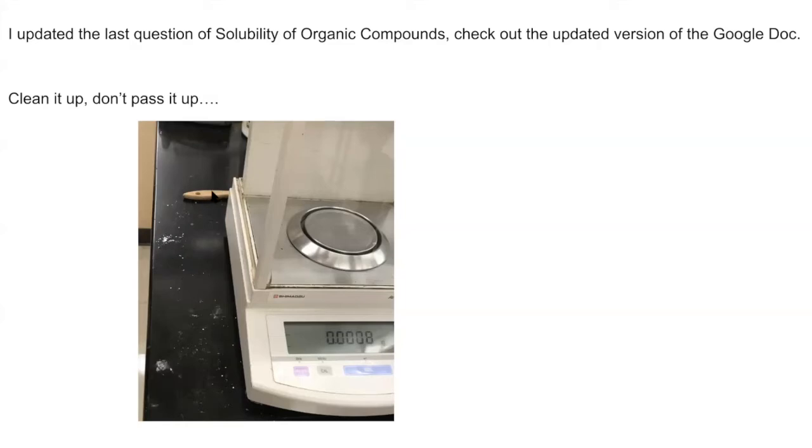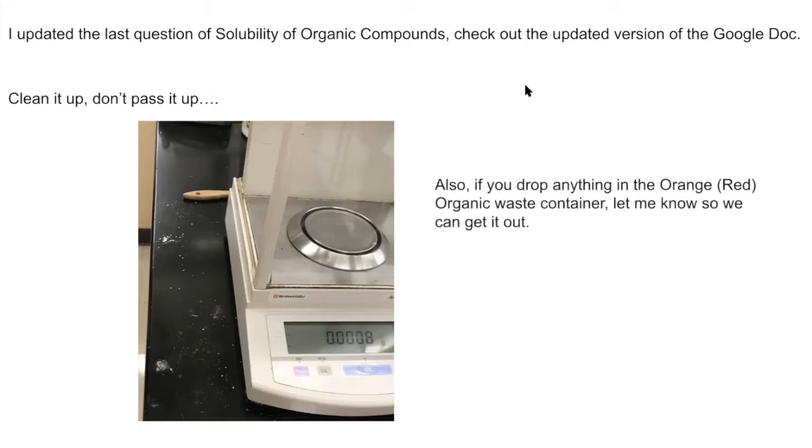So don't do that. Take this paintbrush here, brush it on a piece of scratch paper, put it in the waste container. I refer to it as the orange waste container, but then Mary pointed out it's more of a red color. We'll say it's a dark orange. Maybe that'll make it construe as red. But when you put things in there, a lot of times you'll drop it on accident because it's slippery. But don't just say, oh well, there's a test tube in there, I'll just leave it.